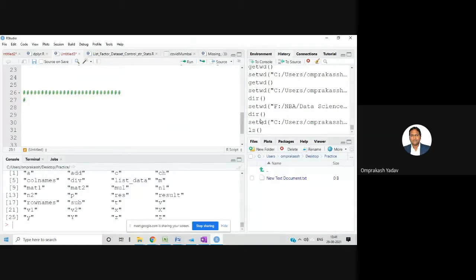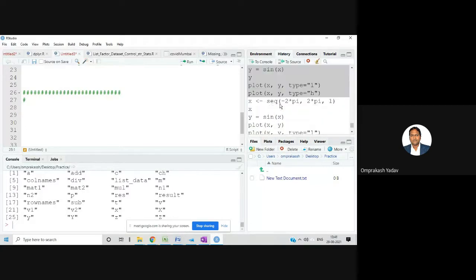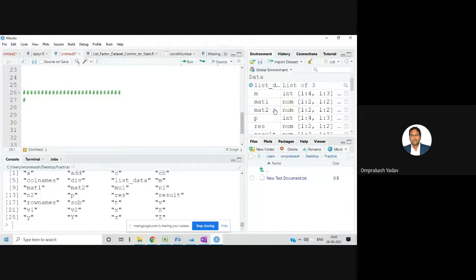Okay, so if you see here, whatever the variables and everything are there in the environment tab, that will be shown over here. So with the ls command, you can see the contents of your environment window. For example, a variable I might have created, all those variables are visible over here with the help of the ls function.